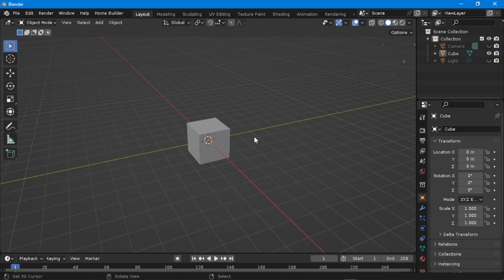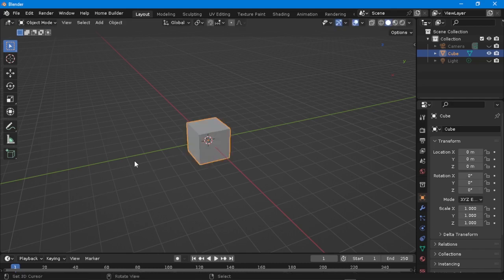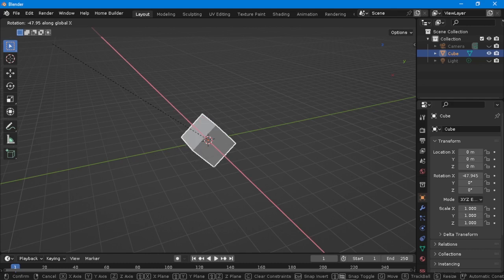The rotate tool, sorry. If I press R here, remember you must highlight your object. So I right click, press the rotate button, which is R, and you can see if I move my mouse, my object is rotating randomly. But if I want it to rotate in a specific direction, all I need to do is press the rotate button with the short forms R and X. So it rotates towards the